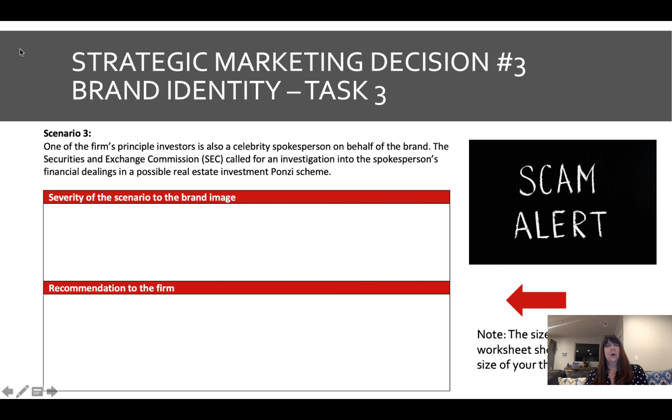I want you to go a little bit further beyond just, we're going to fix the problem. What does that mean? How are you going to fix the problem? Who's going to do it? If the news people get a hold of it, what are you going to tell them? What are you going to say? Don't just tell me you're going to have a public statement. If you're going to do a public statement, what are you going to say in it? So this is the third thing. Yes, you have to do all three scenarios.